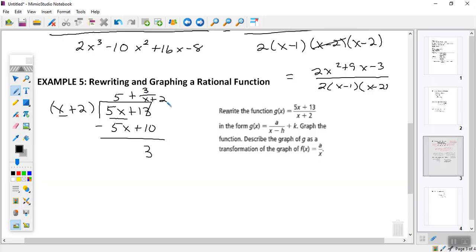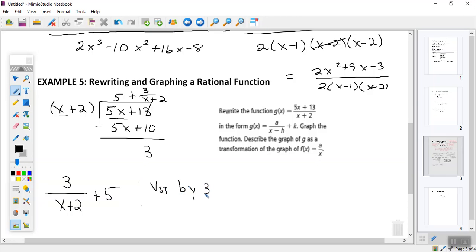So this would really be in that form, a over x minus h plus k form. This would really be 3 over what? X plus 2. Plus what value? 5. Okay, now it says describe the graph of the transformations. Well, guys, this 3 is a vertical stretch of 3. This is going to go left how many units? And then up what? Okay, so the description would be vertical stretch of my parent function 1 over x, if you will, by a scale factor of